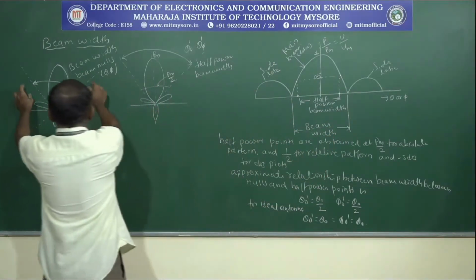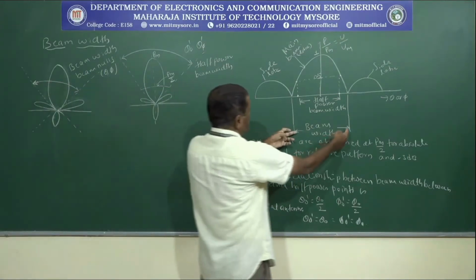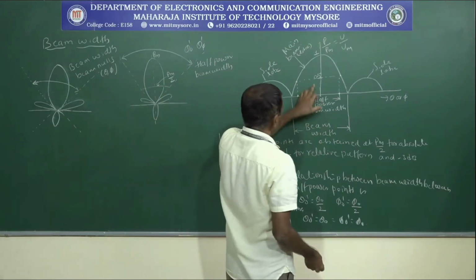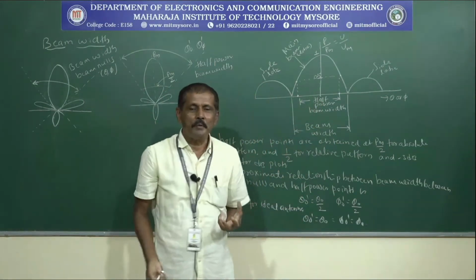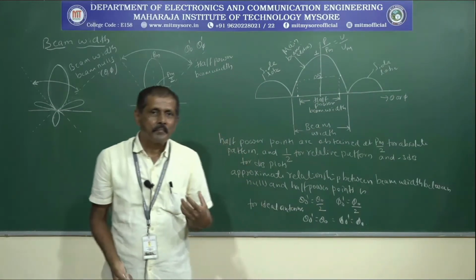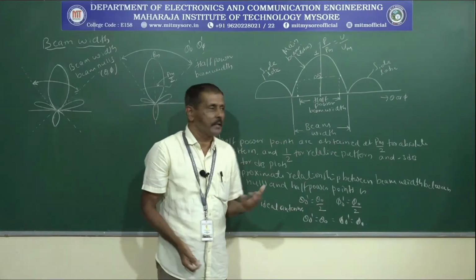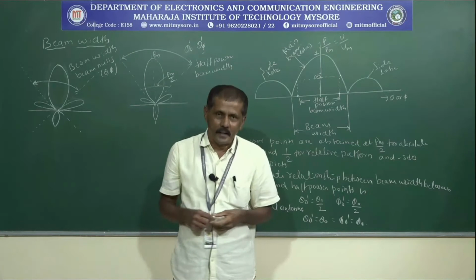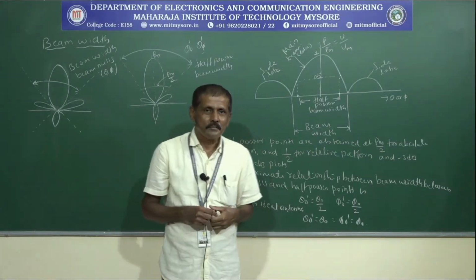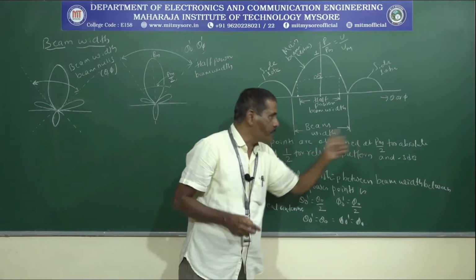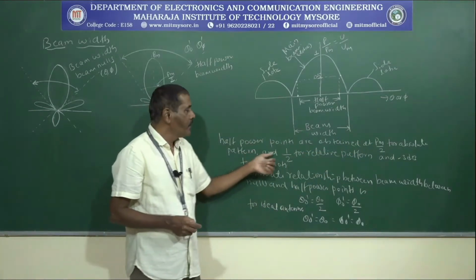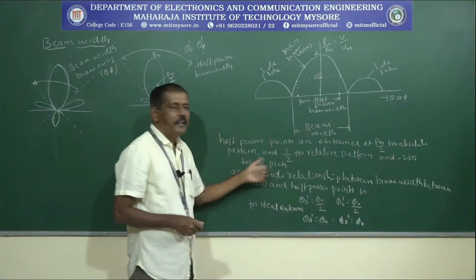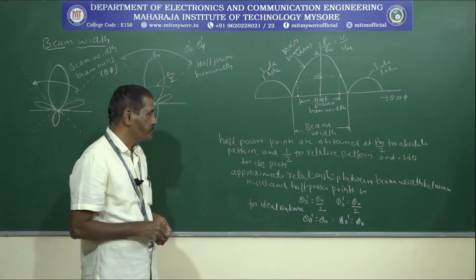Similarly, if you look at this, what you are having is nothing but the beam width, and this one is the half power beam width. That is the beam width you are calculating at half of the maximum power, and it is called the half power beam width. Half power points are obtained at different values. For example, it is obtained at PM by 2 for the absolute pattern, at 1 by 2 for the relative pattern, and at minus 3 dB for the dB plots or decibel plots.